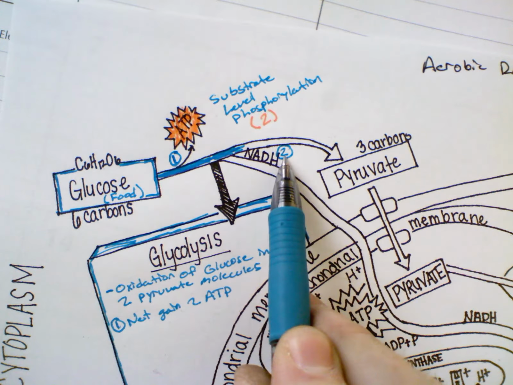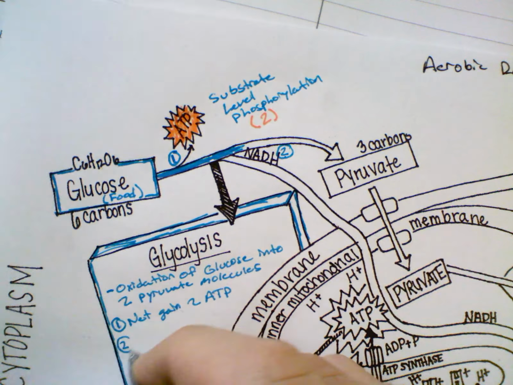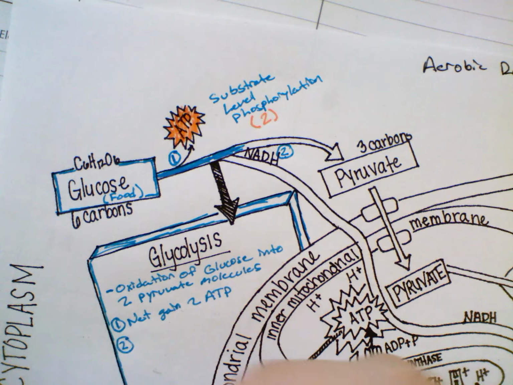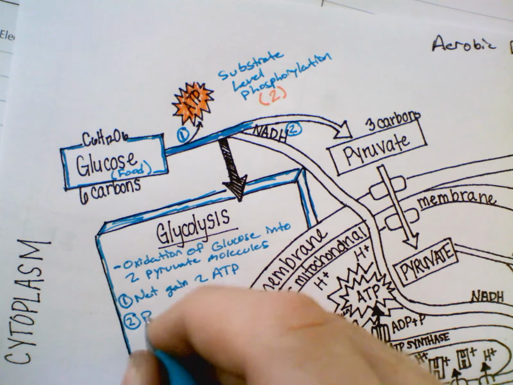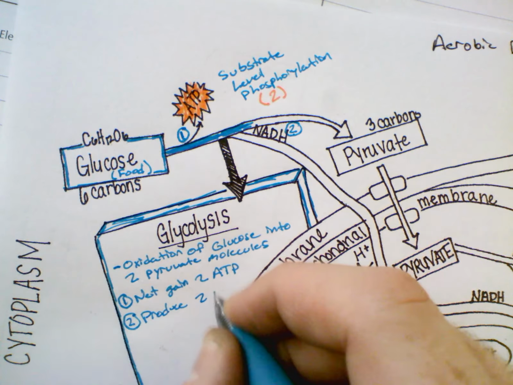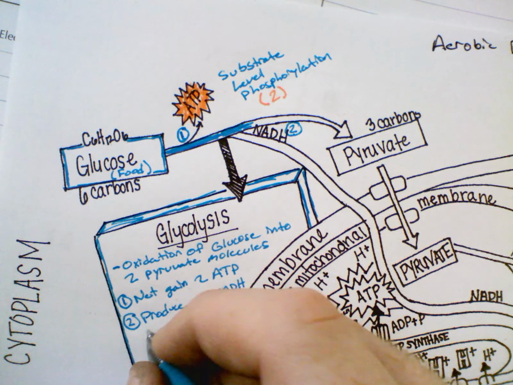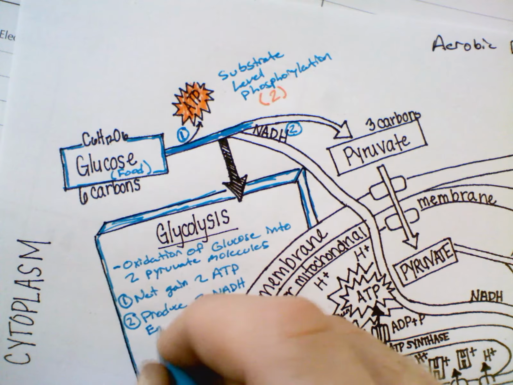So now step 2, which is here on the diagram, we are going to write here what is happening. Okay. We are going to produce 2 NADHs. And these are going to enter,